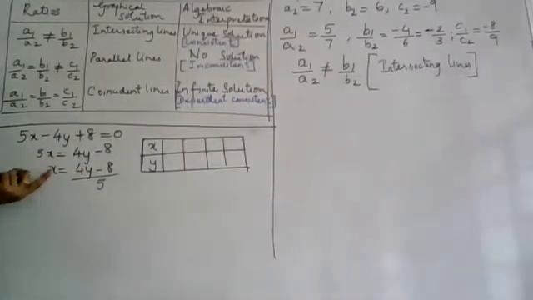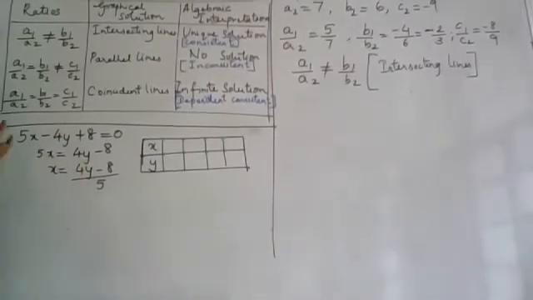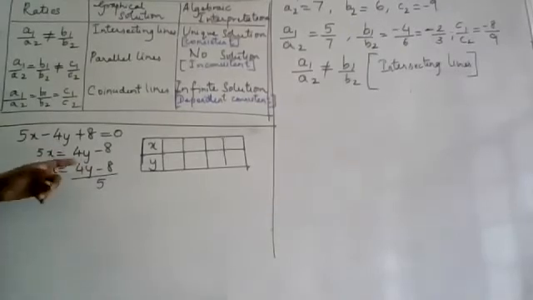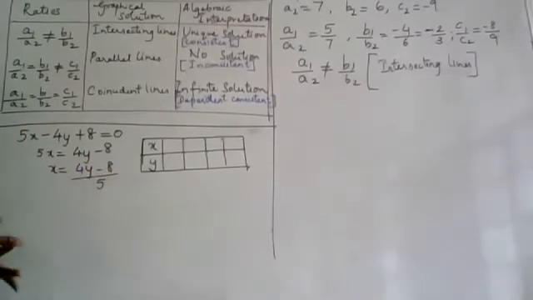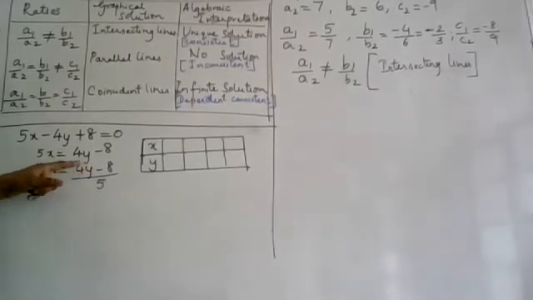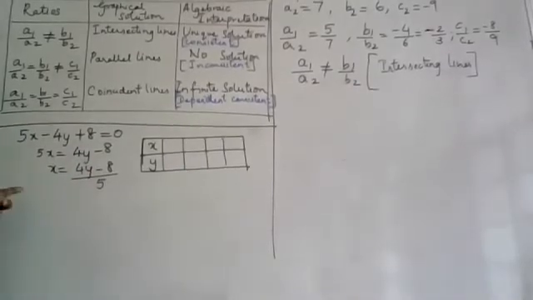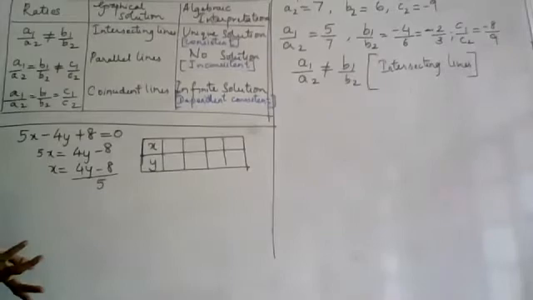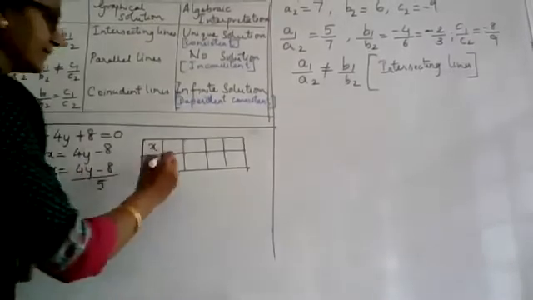Alright. So we'll always think of starting from 0, because when I take 0, one term is getting eliminated. So 4 into 0 means it will be 0 minus 8 divided by 5. It will be negative 8 by 5, which is a fraction, which I don't want now. So think about 1. 1 means 4 into 1, 4 minus 8. 4 minus 8 will be negative 4. Again, negative 4 divided by 5 is also a fraction. So let us wait. We'll see if we are getting a whole number anywhere. If I take 2, say y is equal to 2.